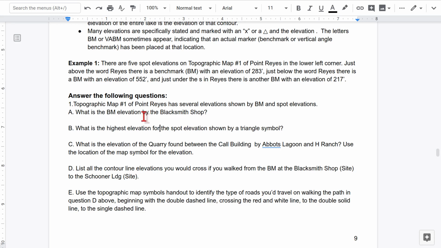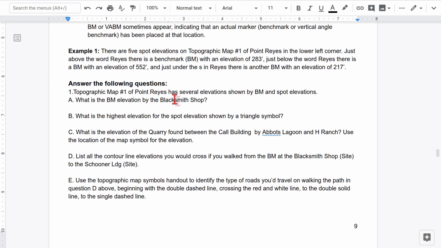Chock full of typos. What is the benchmark by the blacksmith shop? What's the highest elevation for the spot elevation shown by a triangle symbol? So you'd have to look at the whole map to find that. What's the elevation of the quarry found between the Call building by Abbott's Lagoon and H Ranch? List all the contour line elevations you'd cross if you walked from the benchmark at the blacksmith shop to Schooner Landing. So there's a trail,